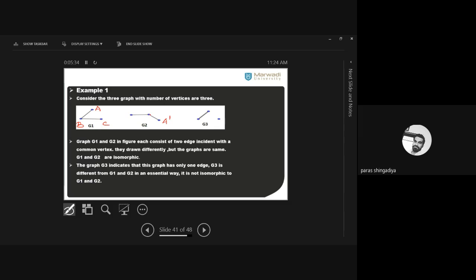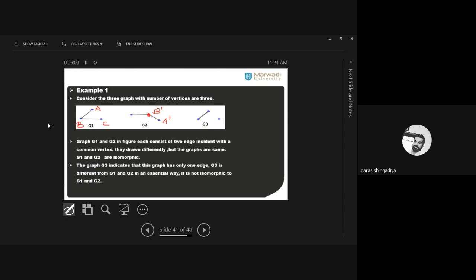So we can consider that place as A dash. You can also consider this place here for A dash. Now it is adjacent with this vertex whose degree is 2, so that will be the image of B, and that is B dash. And B dash is adjacent with C in the first graph, whose degree is 1. So from B dash, that should be adjacent with one more vertex whose degree should be 1.